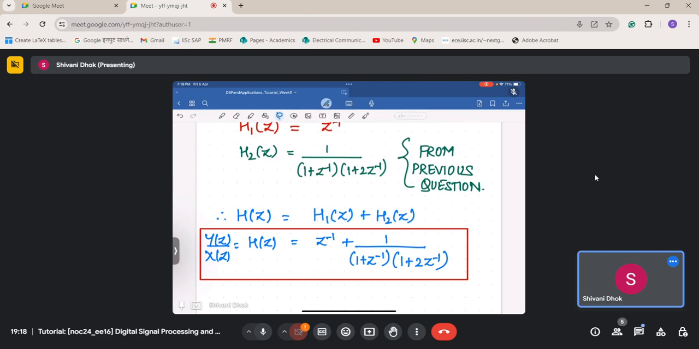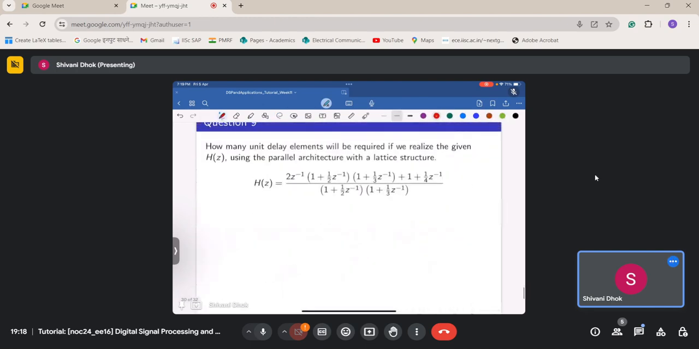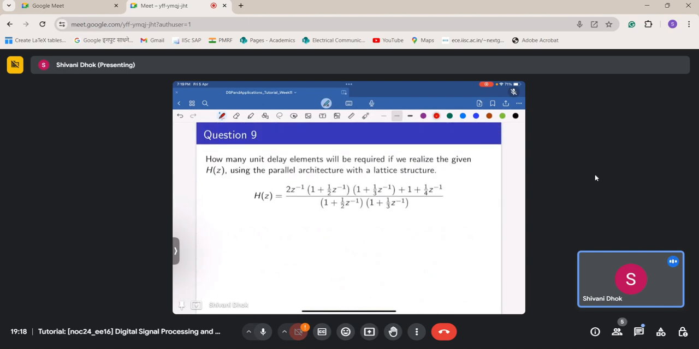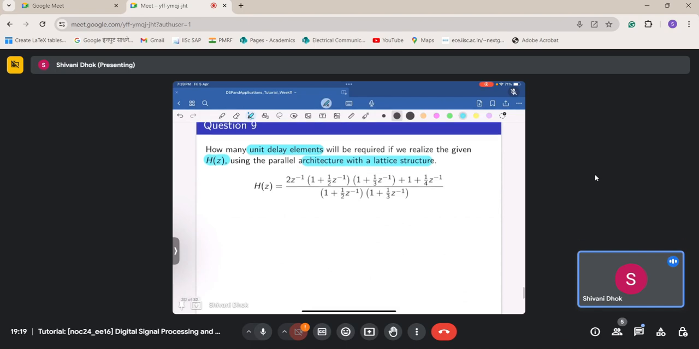Okay, if there are no questions in this part, let me move on to the next question. This ninth question asks how many unit delay elements will be required if we realize the given H of Z using the parallel architecture with a lattice structure. So we need to realize this by the lattice structure,